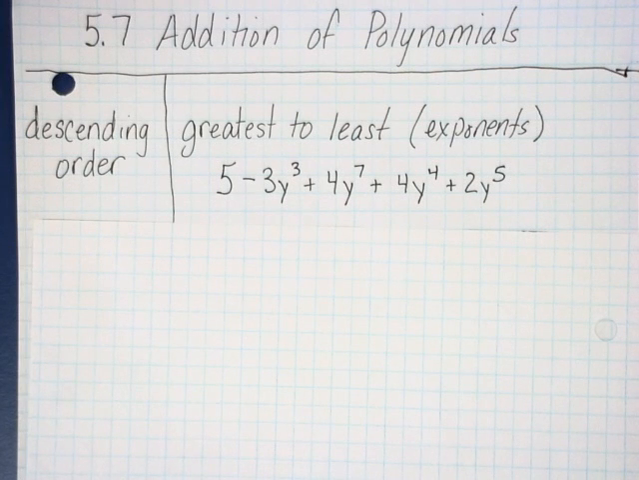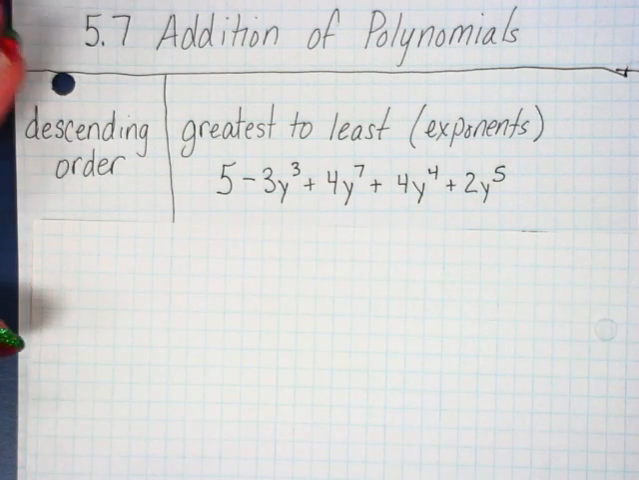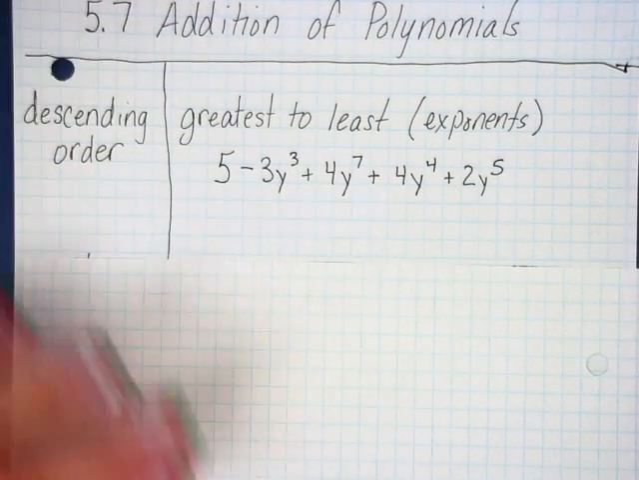Right, so we're looking at 5.7, addition of polynomials. I'm going to start with talking about what descending order means. Descending order means going from the largest or the greatest to the least. And for this lesson, we're talking specifically about exponents. So when we're looking at the problem I have here, if I was going to write this in descending order,